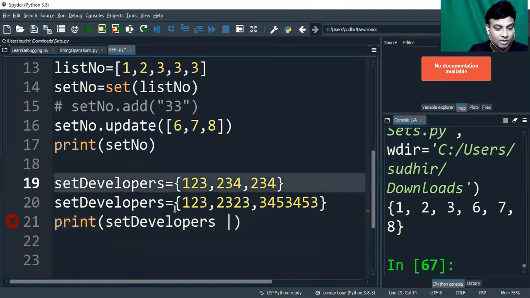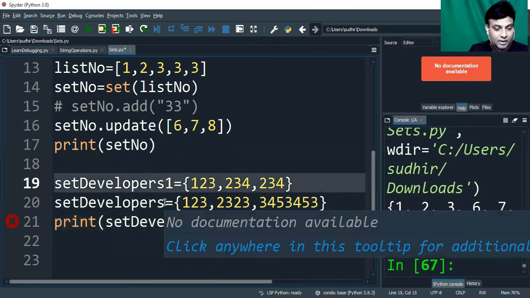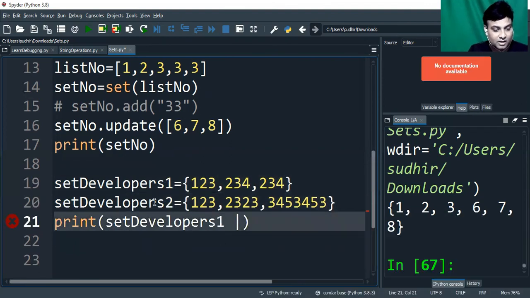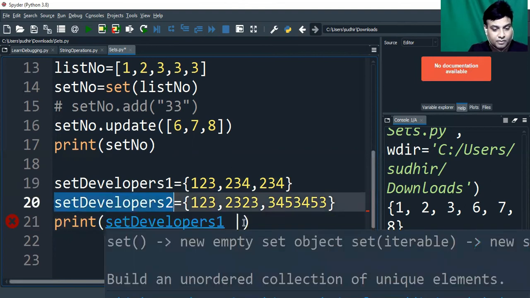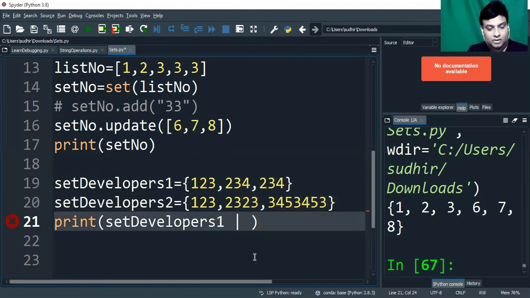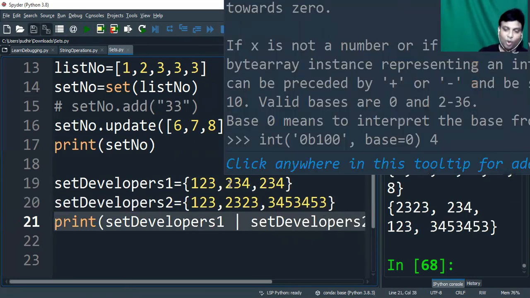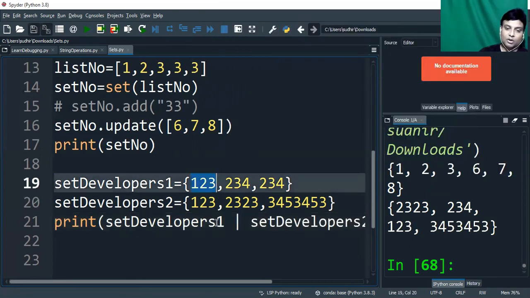So I'm giving this set as the first set, and this is the other set. So first set union other set. What is going to be the output? Yes, the common elements 1, 2, 3 came only once. The rest of the elements are there in the union. This is the union, right?